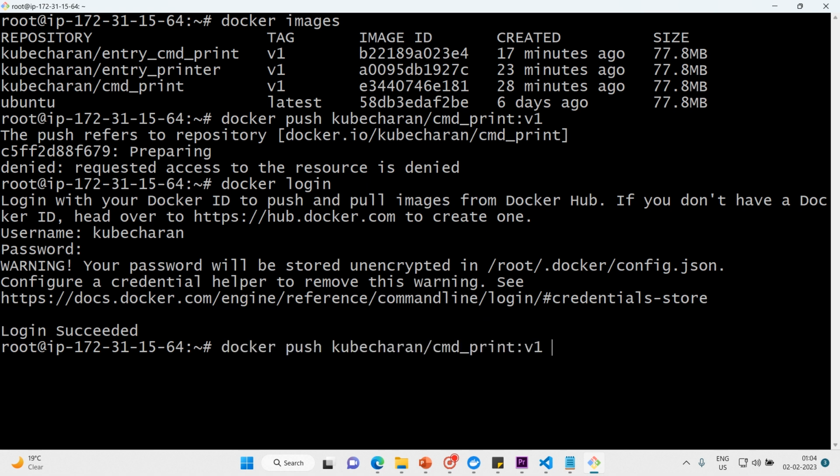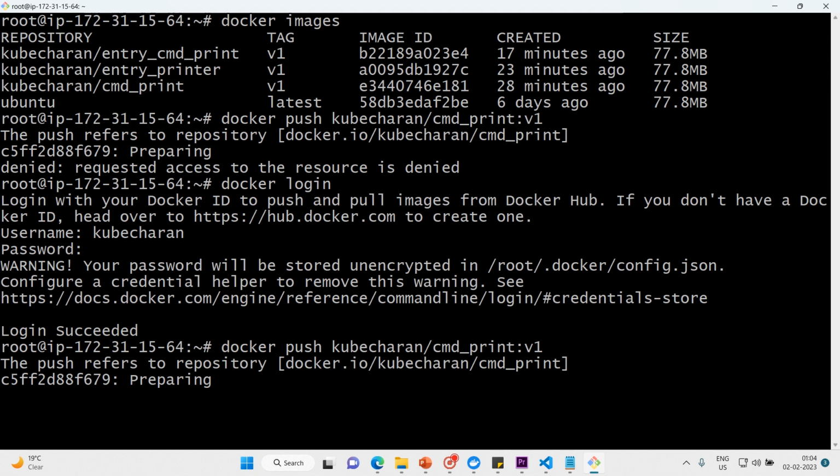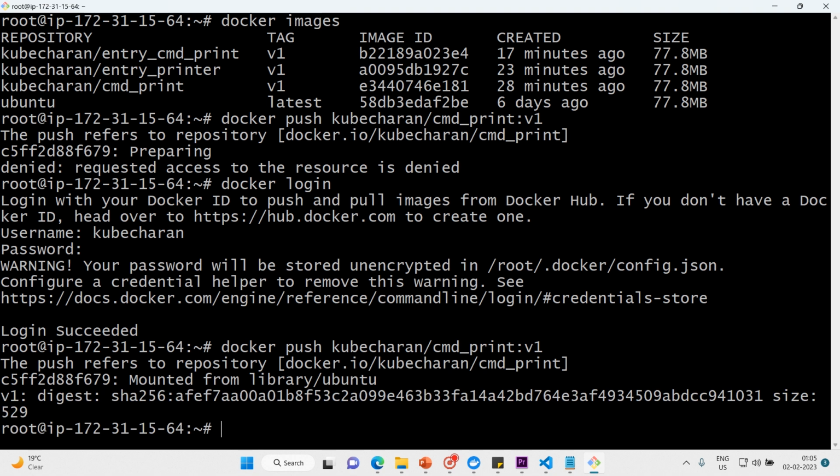So let's push it. First image has been pushed, and similarly the second image, docker push cube, this time entry